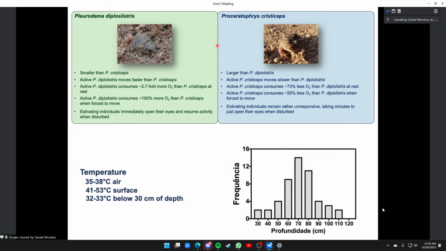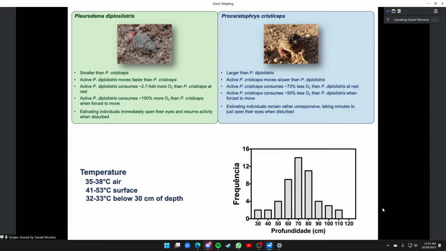They have some interesting differences, and I have summarized it here. So Pleurodema is smaller than Proceratophrys. It moves faster, it consumes much more O2 both at rest and when it's forced to move. And more interestingly,